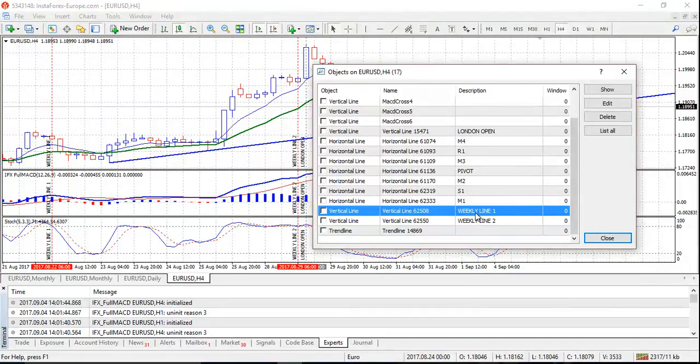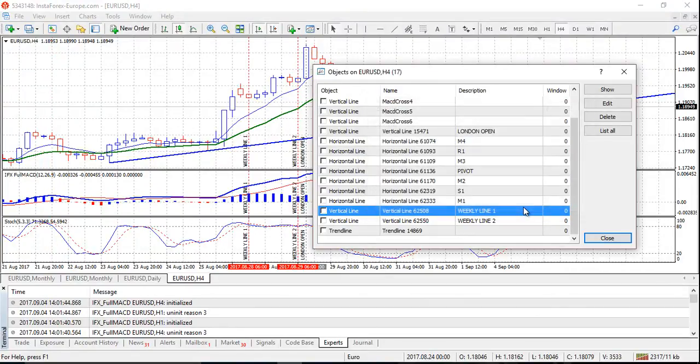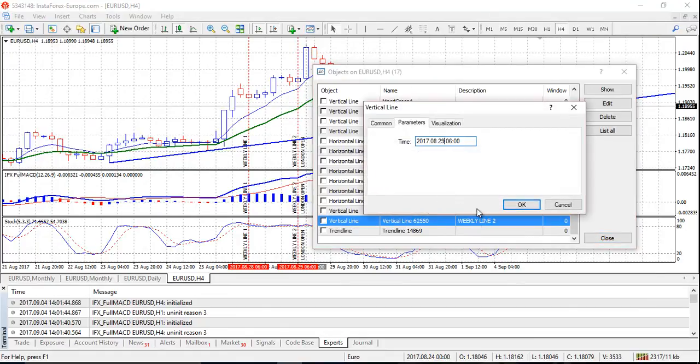So this is the weekly line 1, which I want to edit. So last week Monday was 28. So 28, click OK, and then weekly line 2, today is 4th, so today will now be